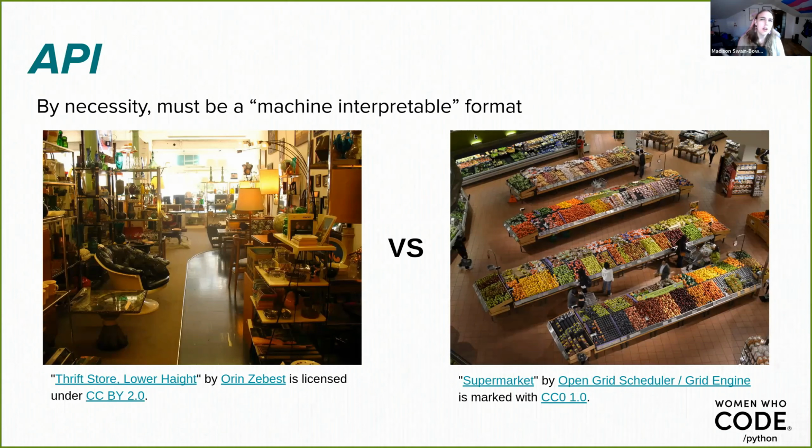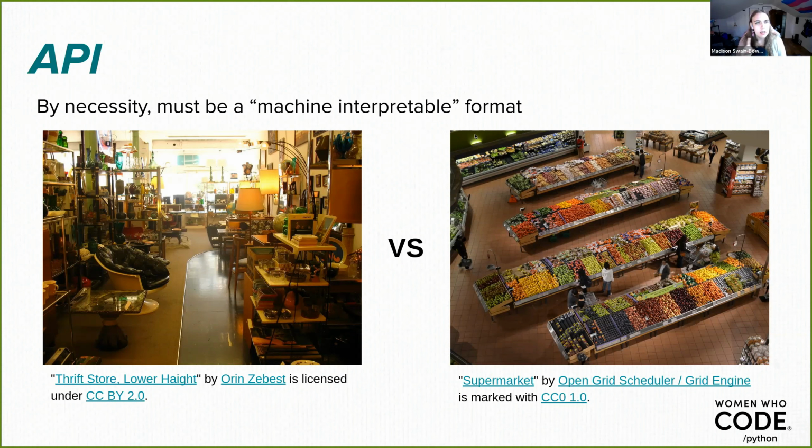If you were trying to build this robot to go shopping at a thrift store, that might be a lot more complicated, right? Inventory is constantly changing. The layout of the store might change from weekend to weekend. Things are going to look totally different every time the robot goes to the store. So it's going to be really hard to say, robot, I want a salt and pepper shaker, and have the robot know where to go to find that and bring it back to you.